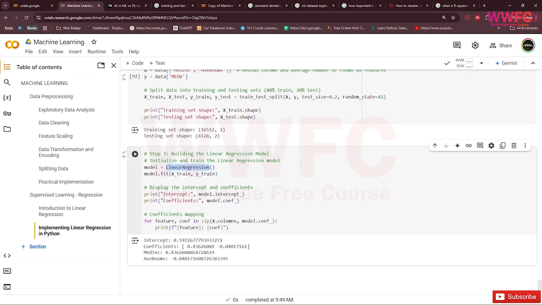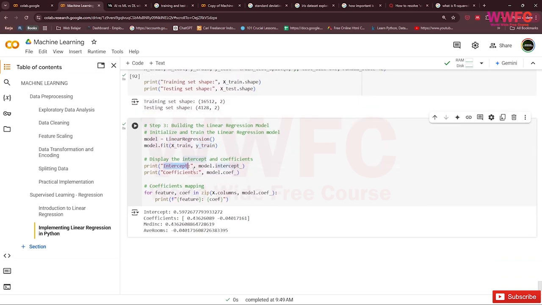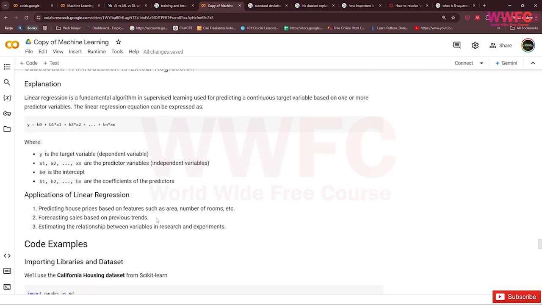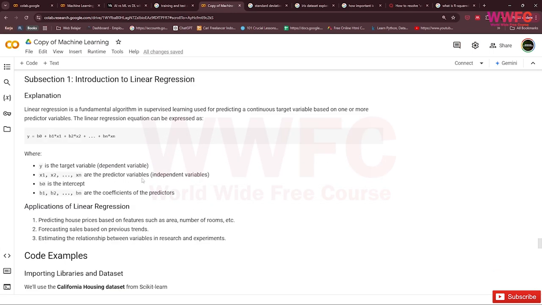The linear model uses LinearRegression and model.fit with X_train and y_train. You can see the intercept is model intercept and the coefficient is like this. B0 is the intercept.